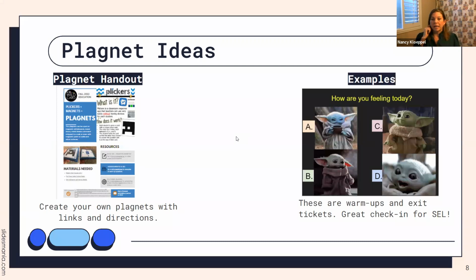So here are the ideas that I have for you. On the Plagnet handout, all these links are there for you to create your own, and it also gives you some ideas of how you could assess it. This is really great at the beginning. I scan with Plickers. If you don't know what this is, check out that handout. It does take a lot of time to set up, but once it's set up, you can use this at any time. I can use this at the beginning for an SEL check-in. So, how are you feeling? I scan it